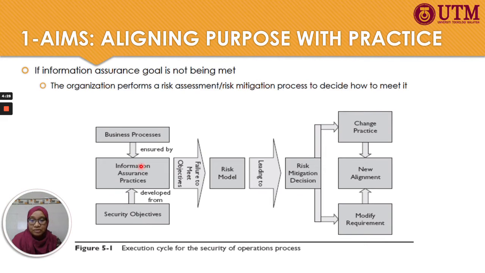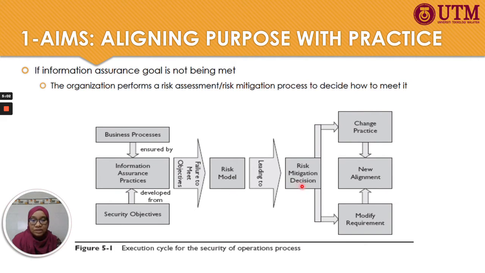So you need to formulate your own information assurance practice, and you must assess. This is where we do the risk assessment, likelihood, and so on. We need to have some kind of scenario planning, or you can forecast: what will happen if it fails to meet the objective? What's the impact? Only then can you come up with a proper risk model,